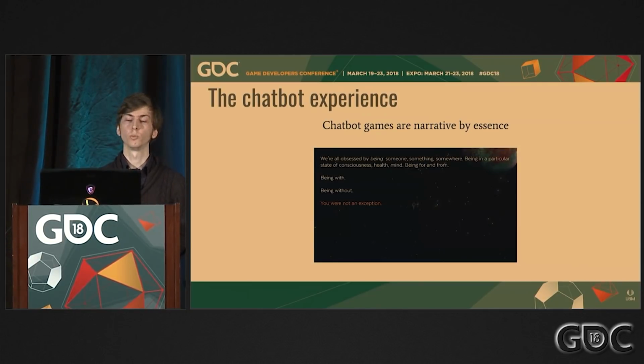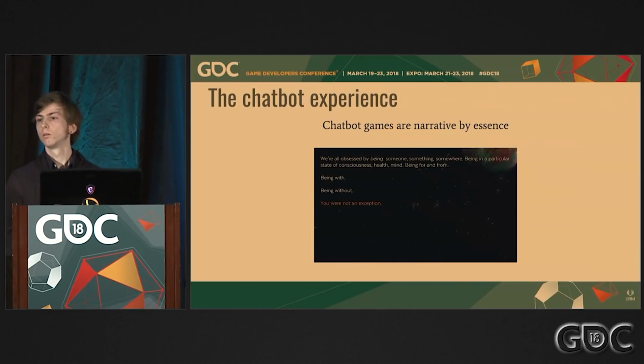What relationships can the player build with it? And more importantly, what does your chatbot know, and what does it not know, basically? If you can define this, it will be much easier for you to write for a chatbot. Not only because you will be able to have better lines and a better story arc, but also because you